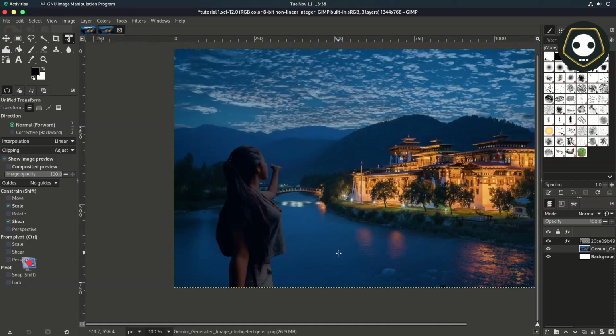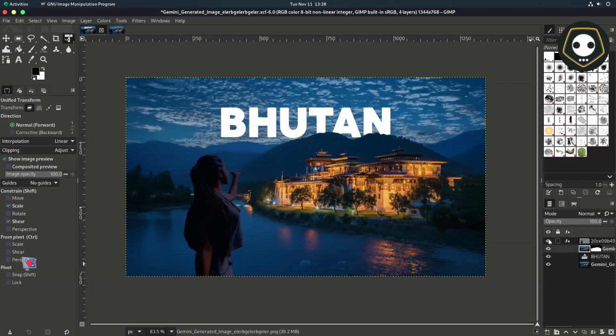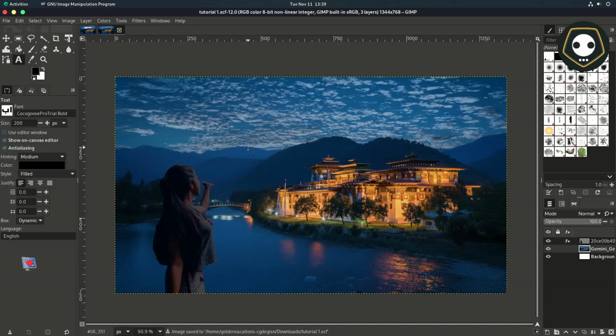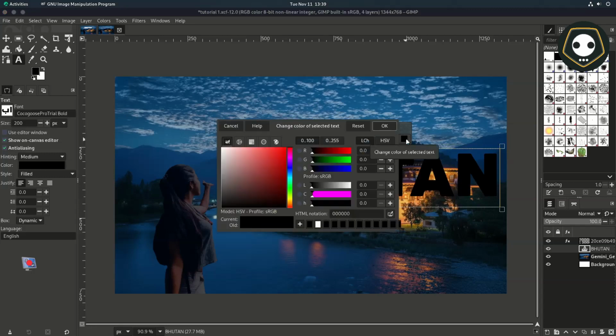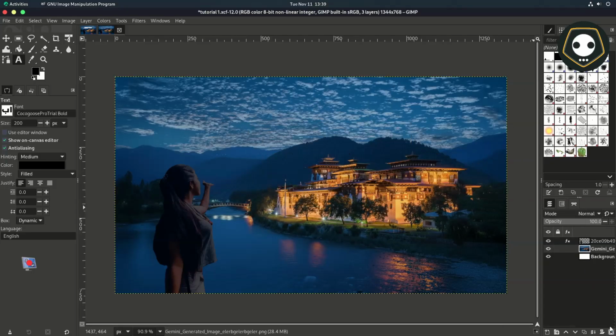You can see here, this is the character. Now I want to add the Bhutan text here, and set it just behind the hill. This one hill, you can see the dark outline from the foreground, and some hills are just behind, looking from far away. So you can see here, Bhutan,